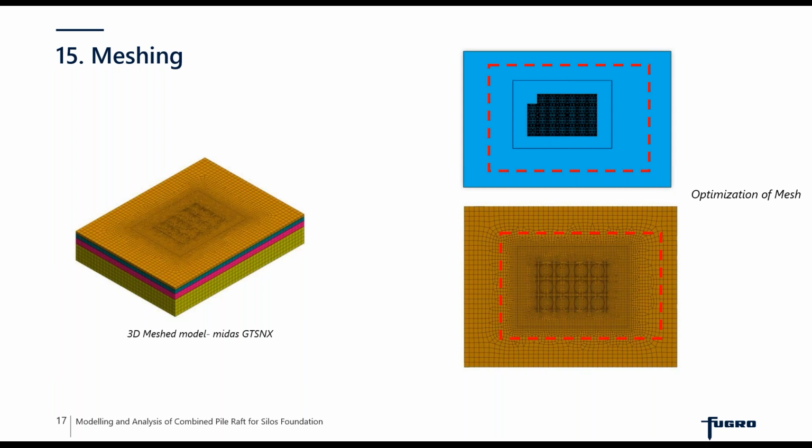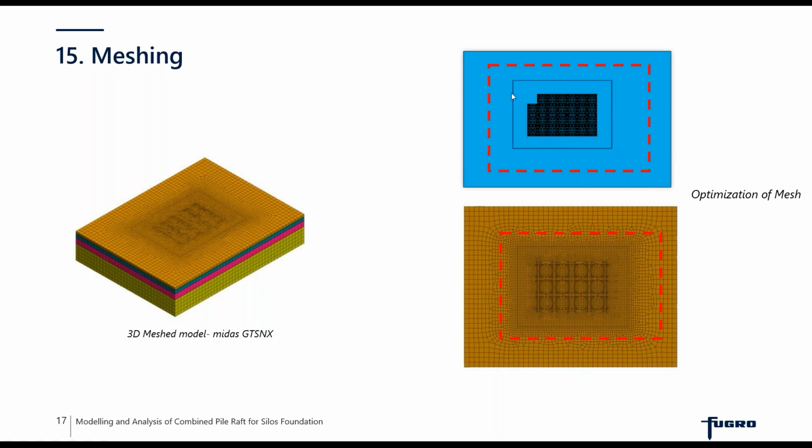I've seen many times people using a mesh size of 3 all throughout the model, and then the load contribution taken by the raft and the pile is quite different, which doesn't make sense many a time. So you can always have this option: wherever your zone of concern is, or wherever you understand the stress will be more, you can create a zone, a separate